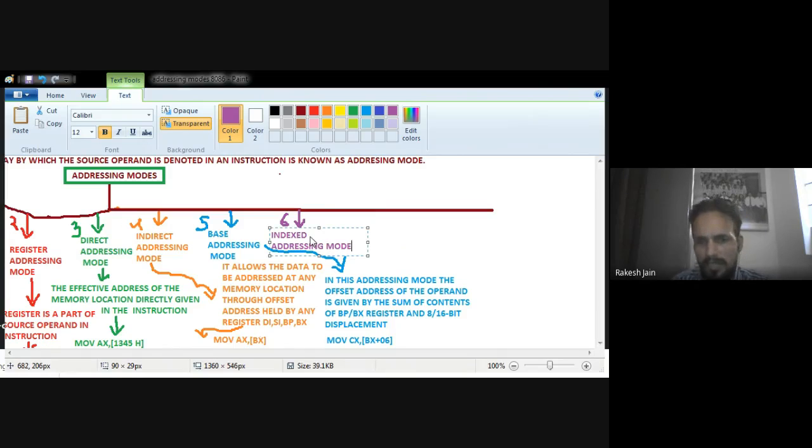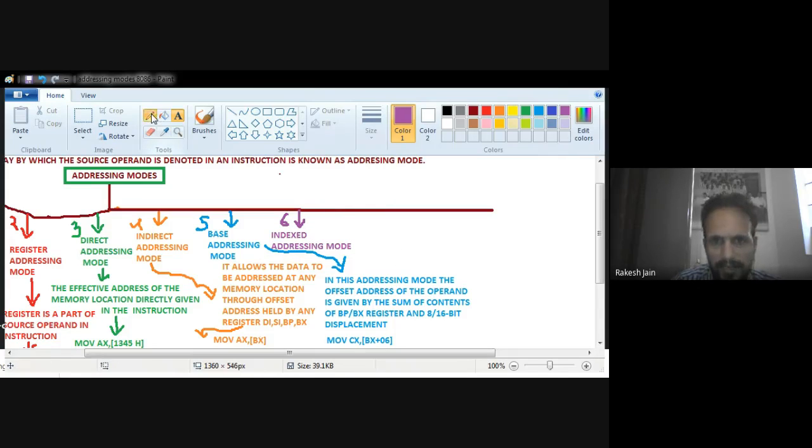So what we will see in this addressing mode is that SI and DI will be shifted.